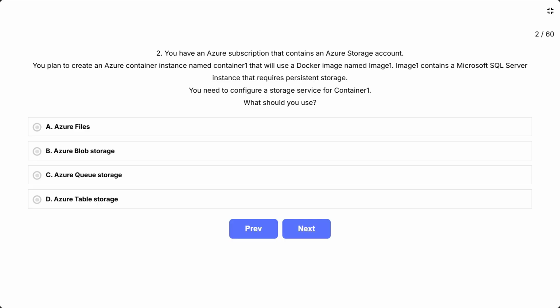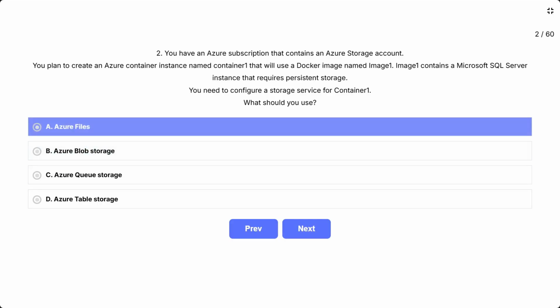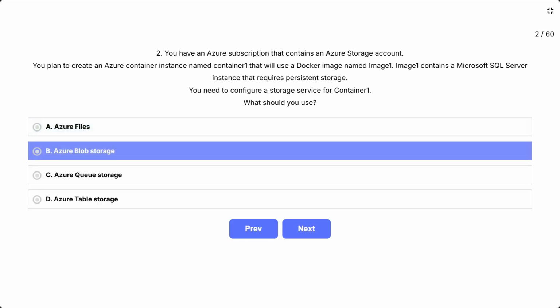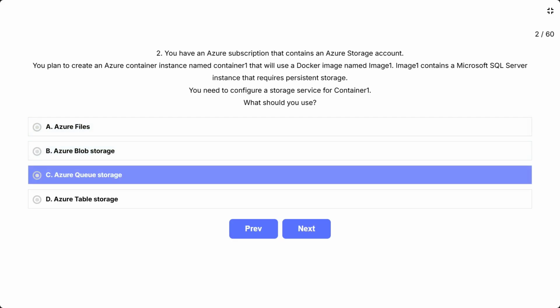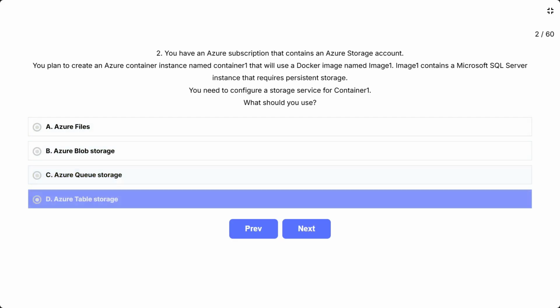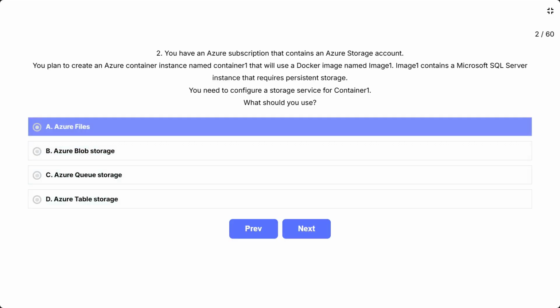You need to configure a storage service for container1. What should you use? The options are A, Azure Files, B, Azure Blob Storage, C, Azure Queue Storage, and D, Azure Table Storage. So the correct answer is A, that is Azure Files.